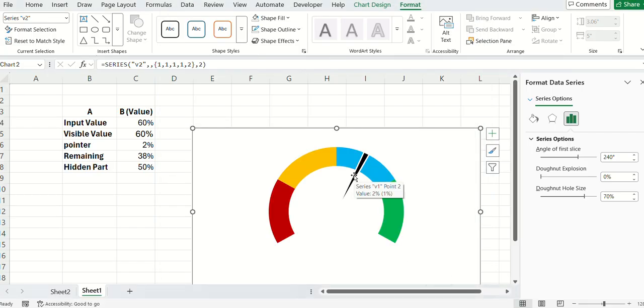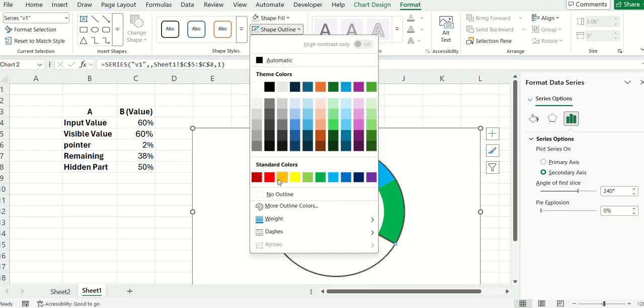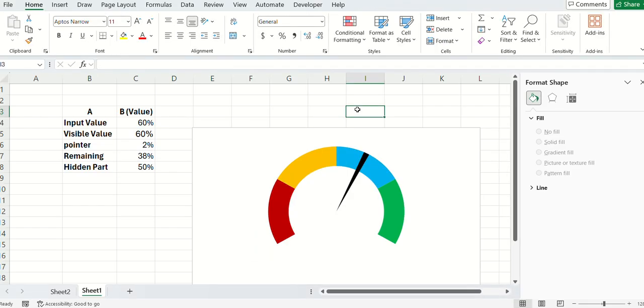OK, this will work as your pointer. Format, outline, no outline. OK, so this is your pointer value. As you can see, if the value goes to 50, then it works. OK, now what you need to do, you need to create the